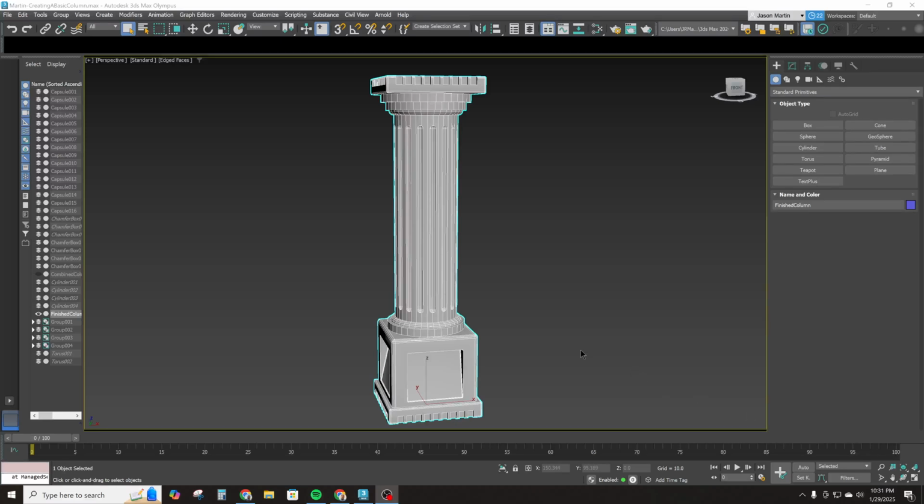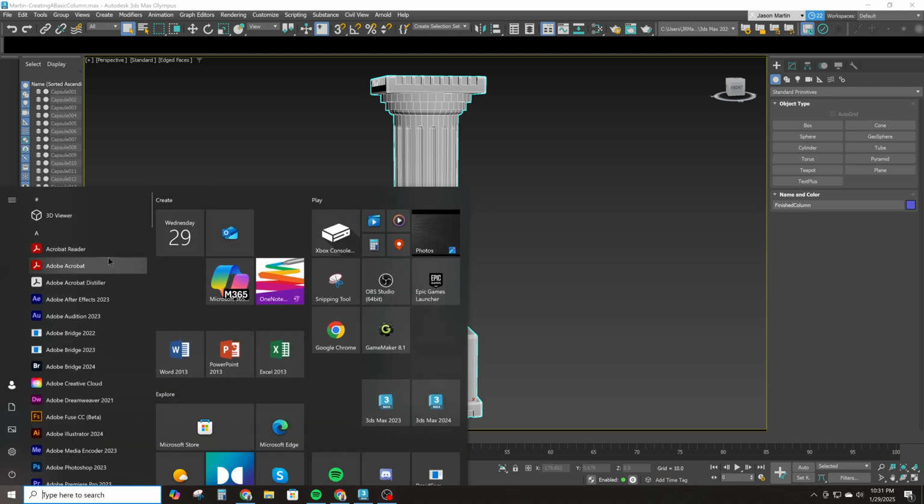Hey students, this is just a quick info video about how to make an adjustment to see an FBX file in your preview software. Your Windows software should come with this 3D viewer,